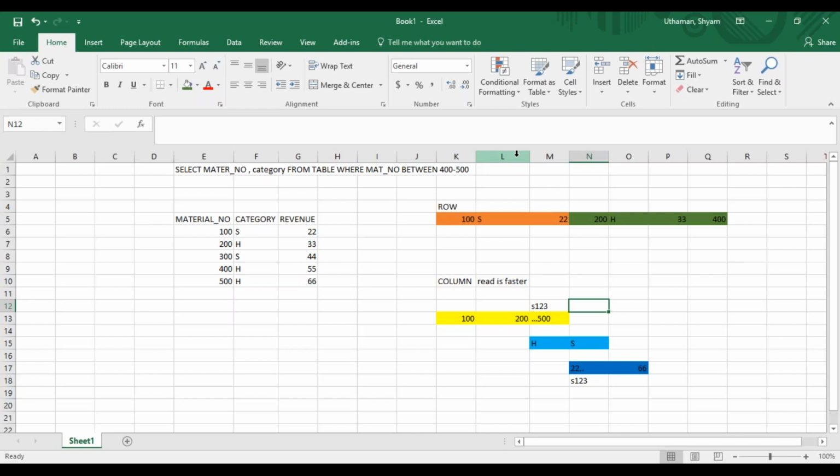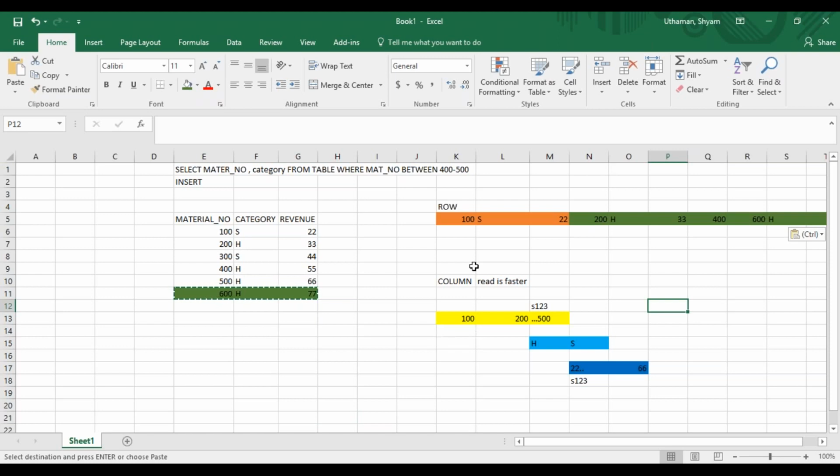How do you store it? Storing is usually an insert statement in SQL or even ABAP. An insert statement inserts data into your table. It's plain English, right? If I sold material number 600 today, in the category housing, and made $77 today, this is an insert statement that happened today. So I added new data here. What will happen in my row store? If this table was a row store, it's simple. These three rows go at the end. My job is done.